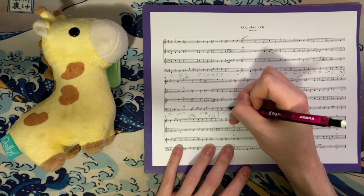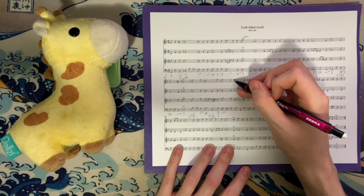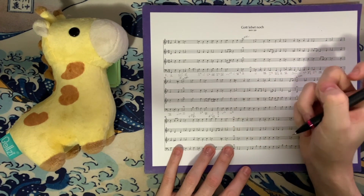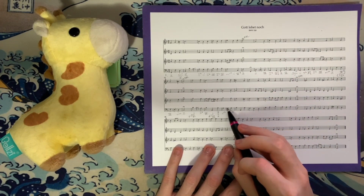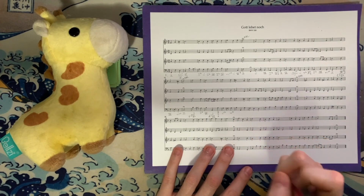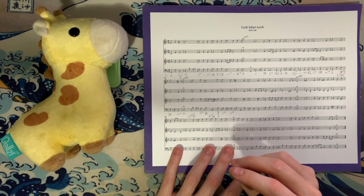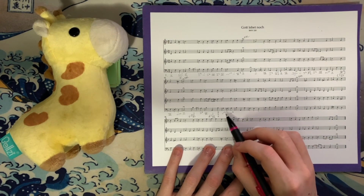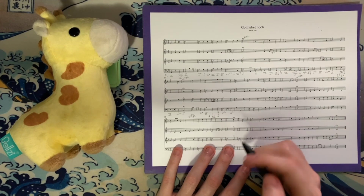A little neighbor tone here in the bass as well. And then we have G, F, B flat, and D, which is 4-7, G minor 7 in root position. Kind of an interesting progression here. This F neighbor tone does function a little bit kind of like a, not a palate cleanser. I don't think we need to have our ear palate cleansed at this point from a functional standpoint, but 2 and 4 are so similar to each other in pitch content and in function that this